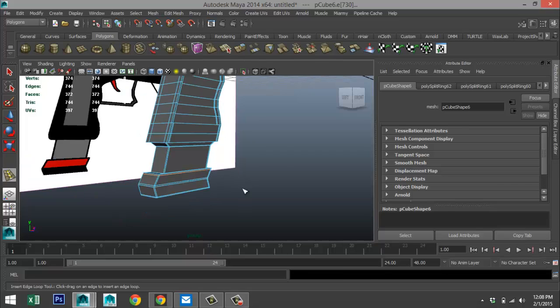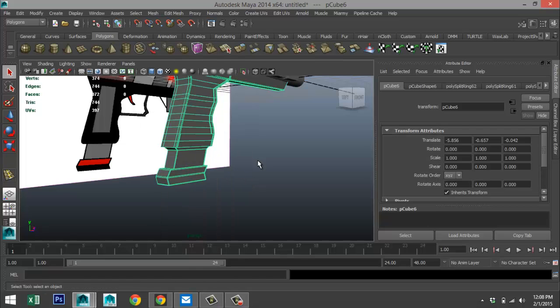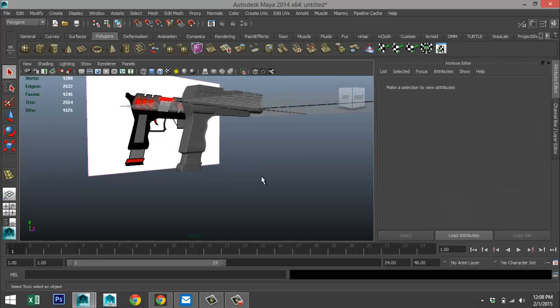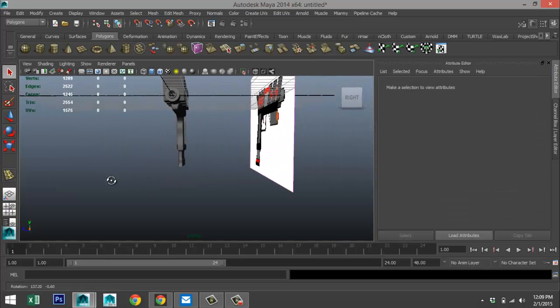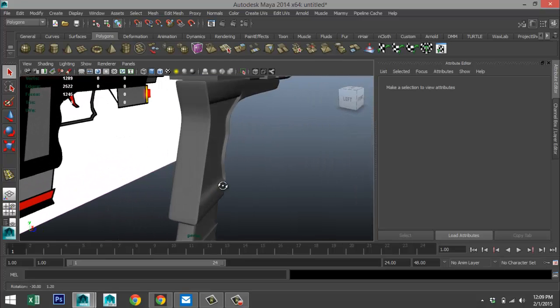That should be okay. Hit Q on your keyboard. Object mode, hit 3. Yeah, it's much better. All right. So we got that.